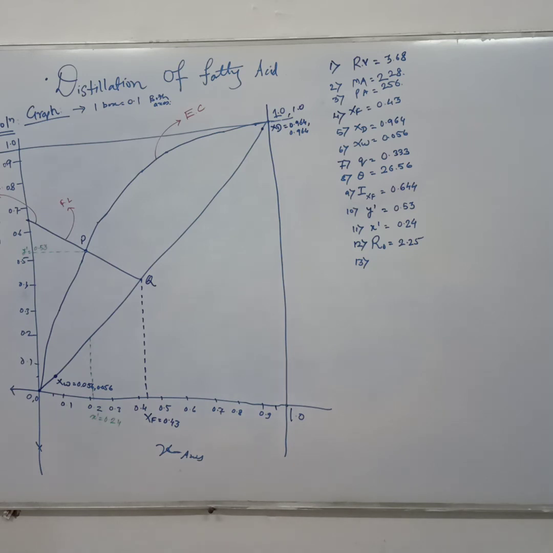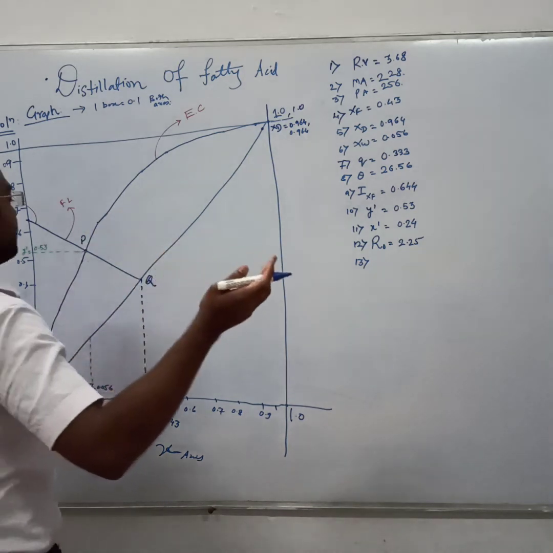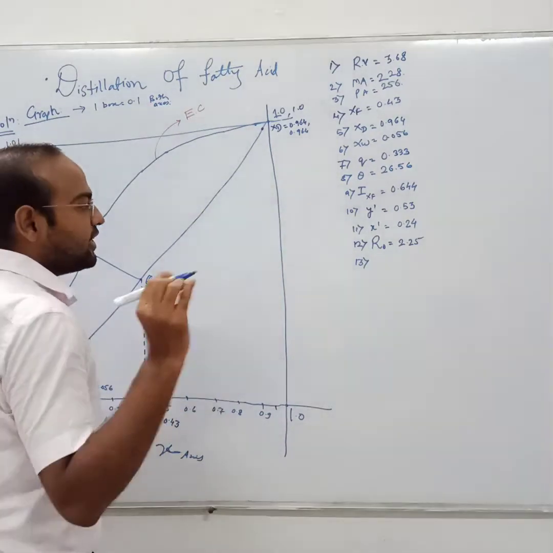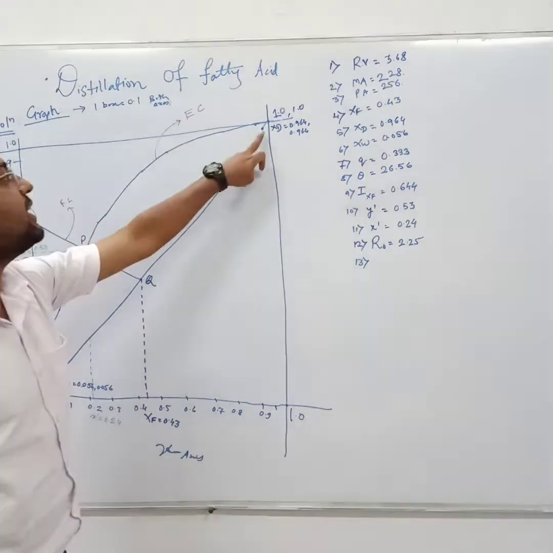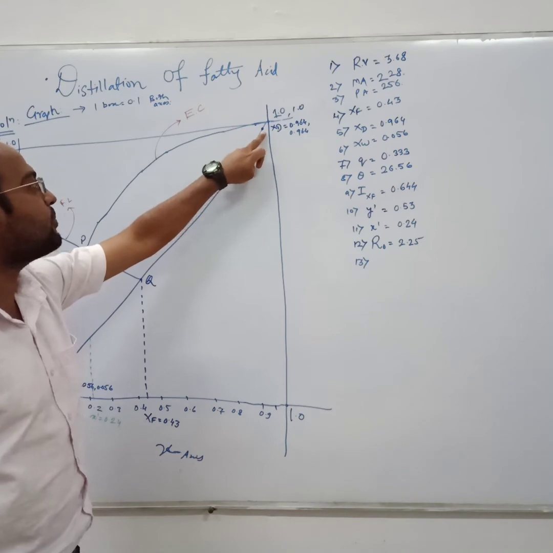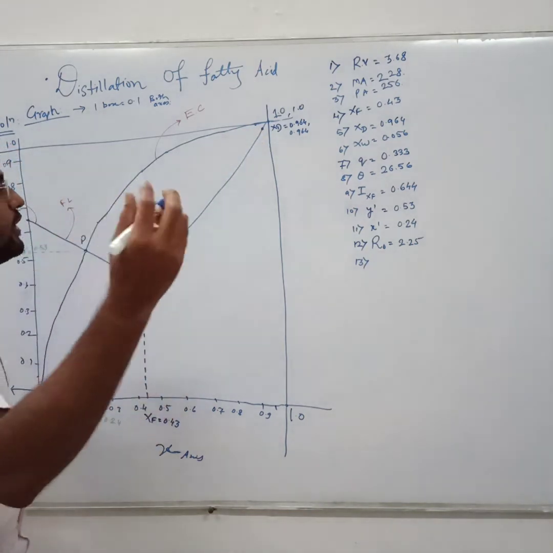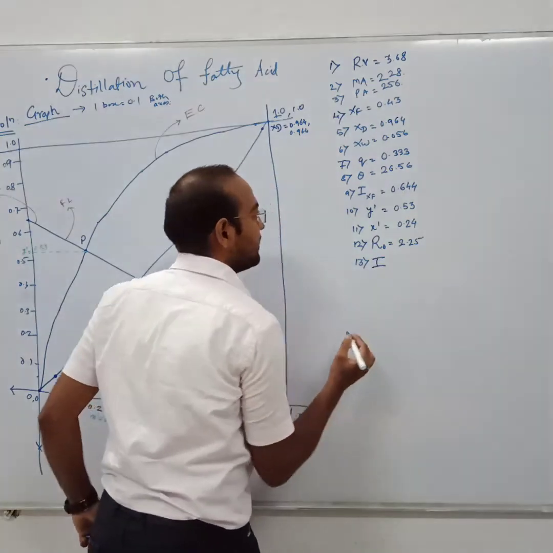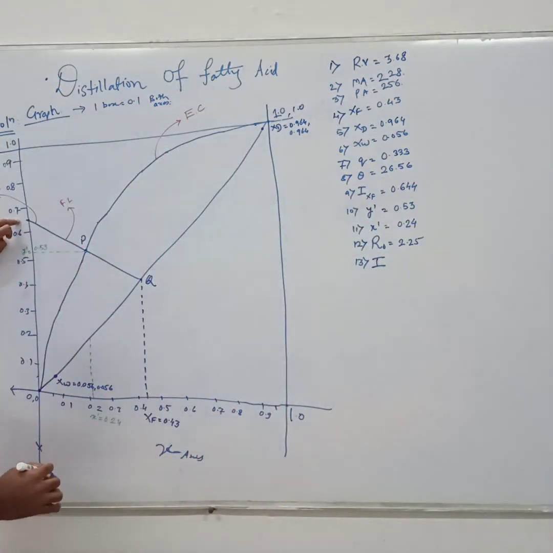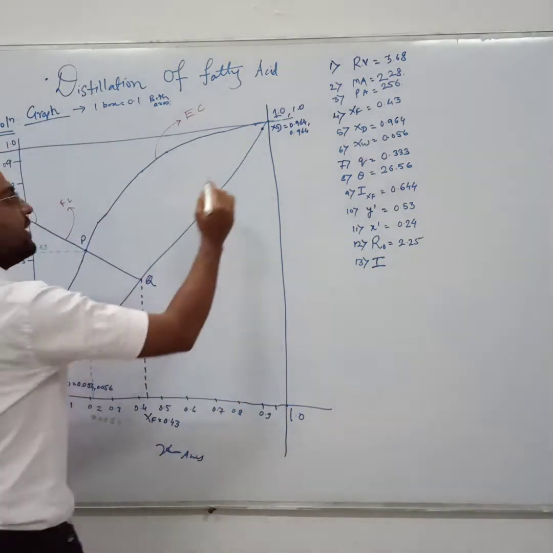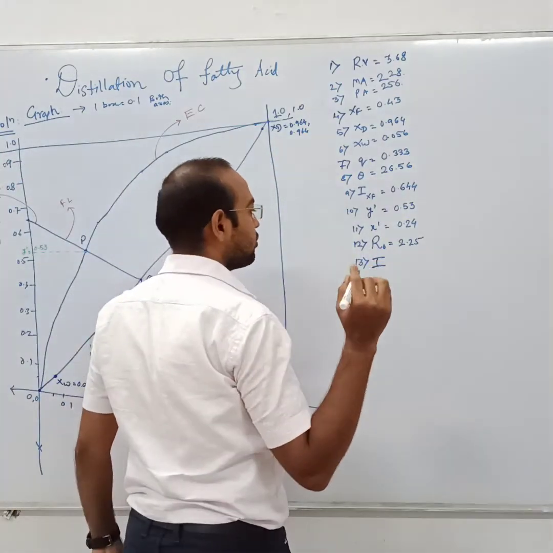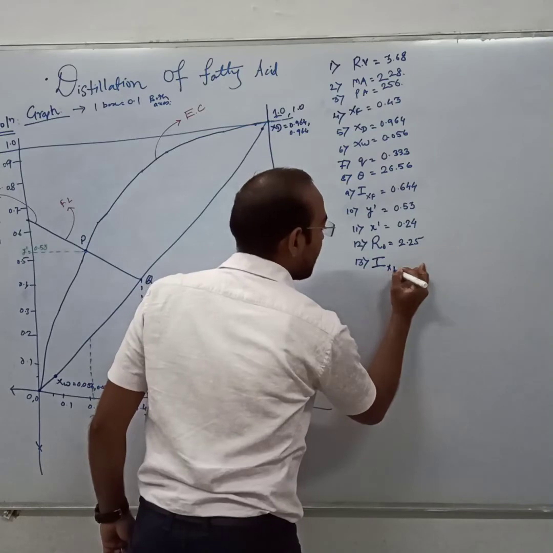And the last value we need to calculate. I already told you that when you want to draw a single line, you need at least 2 points. Now the feed line is already drawn, but for the operating line of the stripping section, which starts from xW, and the operating line of the rectification section, which starts from xD, we have only 1 point. So we need to find another intercept on the y-axis, just like the intercept of the feed line, for the rectification section operating line. It is denoted by capital I.